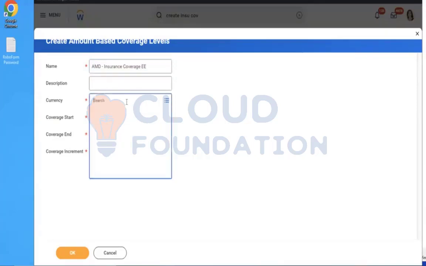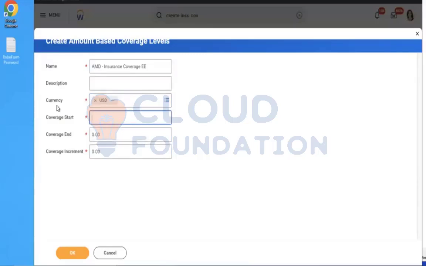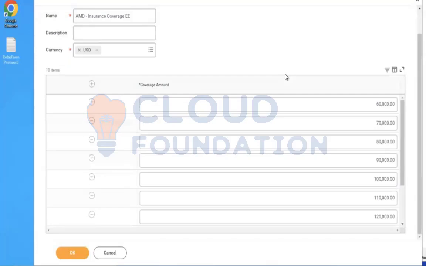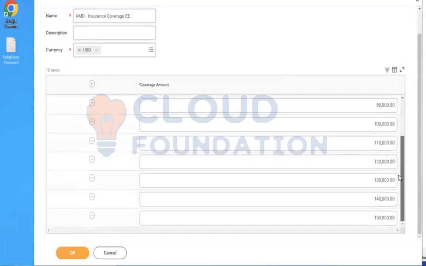Employee. USP. 60,000 up to 1.5 lakhs. So 60,000 to $1,50,000. Increment by 10,000 should I give? At 10,000. 70, 80, perfect. You got that, sir. 60, 70, 80, 90, and so on. Okay. And this is